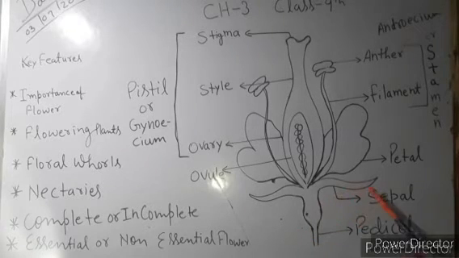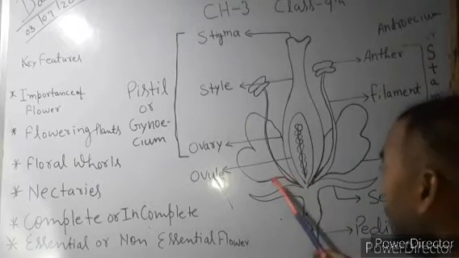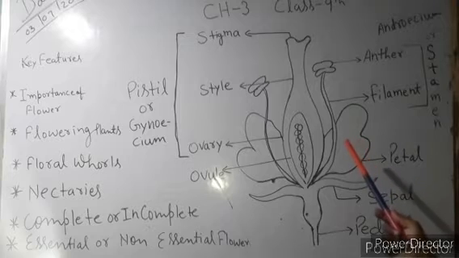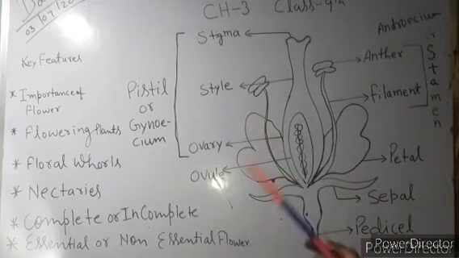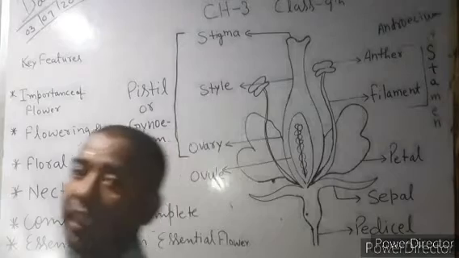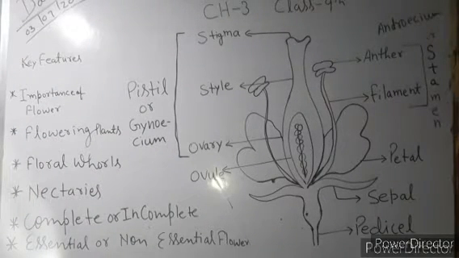So we were on the pedicel, the broad part of the stalk, from where the sepals arise. It is green in color, okay. From where the petals arise, it is a colored structure, by which you can say that it attracts insects in pollination. The petals help in pollination by their different colors, such as pink, red, orange, and even white.